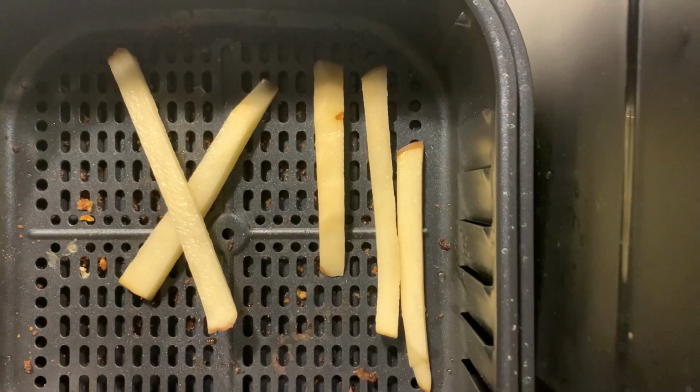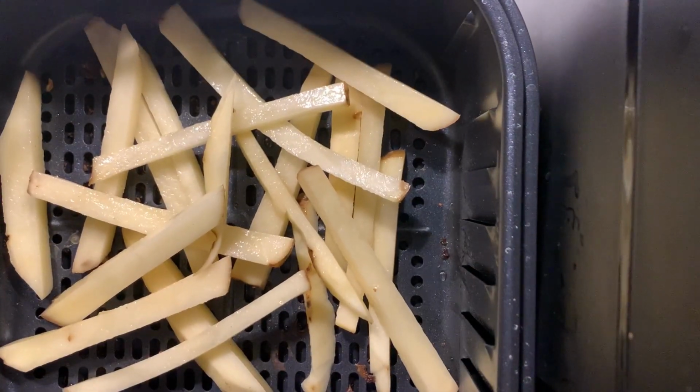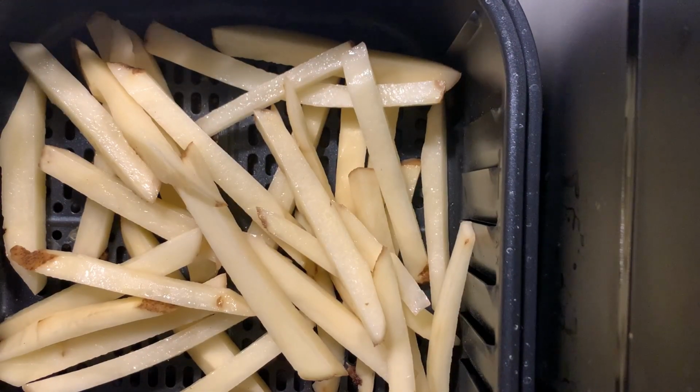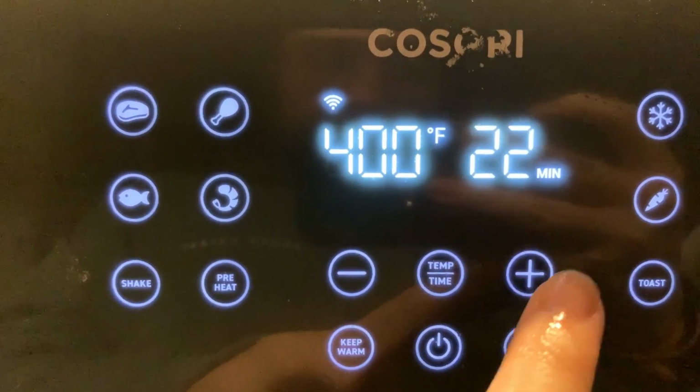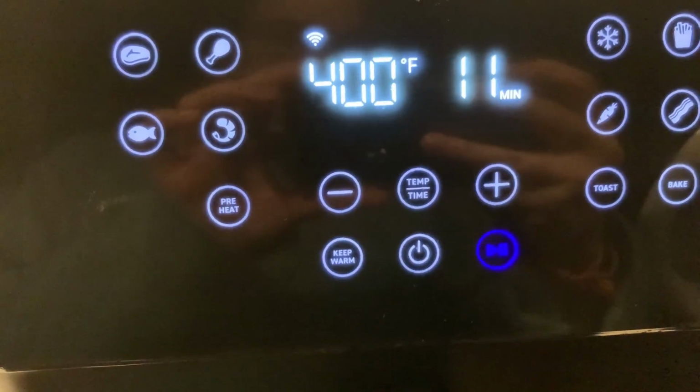Next, add your fries to the now empty air fryer. I recommend splitting this into multiple batches if you can, making sure that you only add the amount that fits. Otherwise, your fries won't get as crispy. Cook your fries at 400 degrees Fahrenheit for 20 minutes or so, and make sure to give them a shake